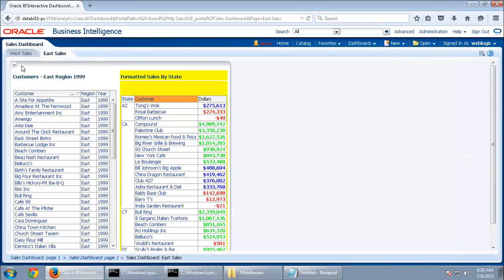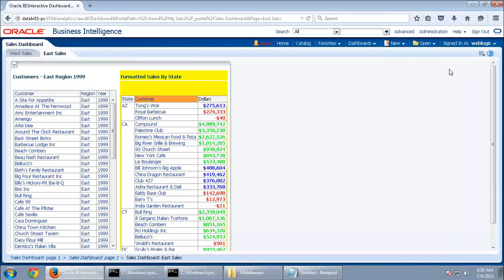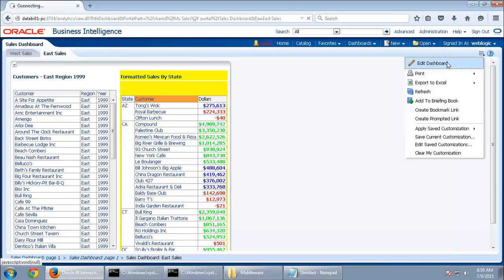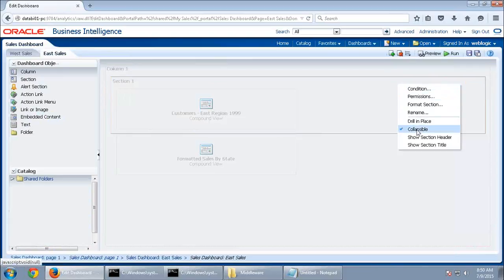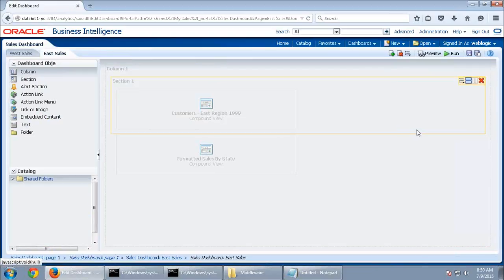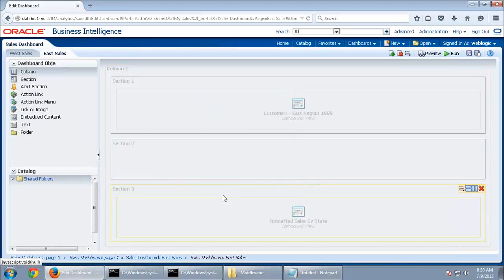Now everything is present in the same section. That's why you are able to see this hide button. I don't want it to collapse like this. So in section properties, collapsible is checked. I don't want to collapse it, and I want the second one in a different section. How to do that? Drag and drop a section here, and if you want to have side by side, it should be present in one section itself.